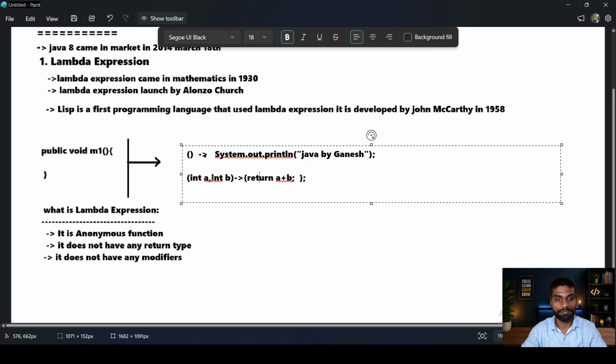See here, guys. If only one statement is there, then the bracket is optional. If it is returning something and it does not contain any arrow, we can't write a return keyword without a bracket. So simply remove this also.